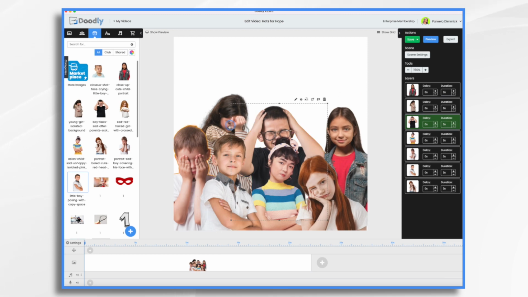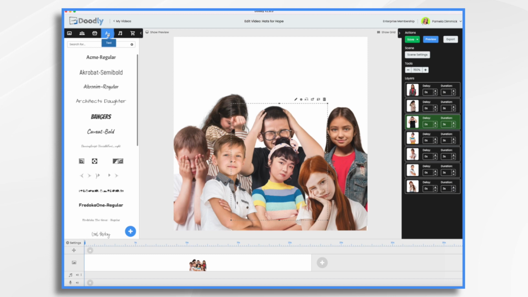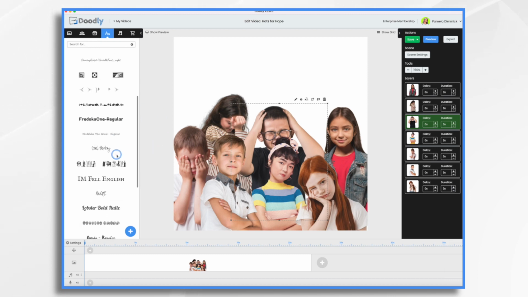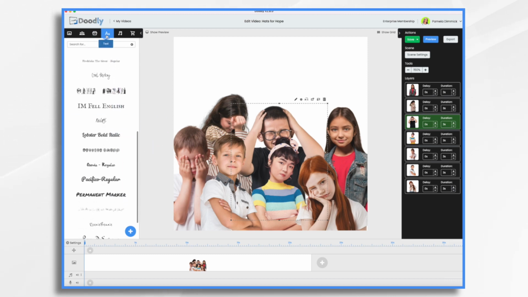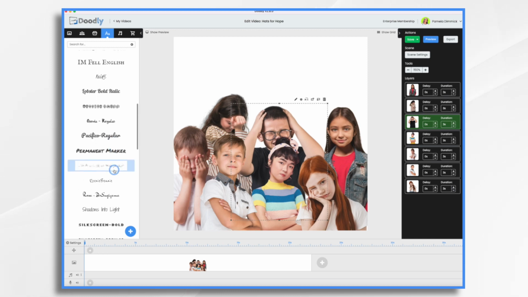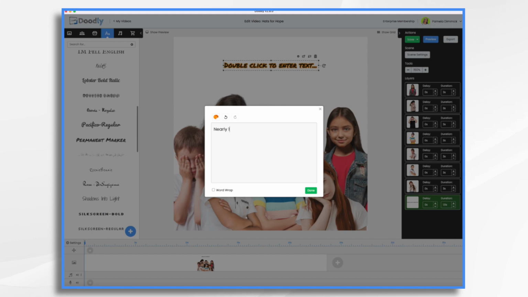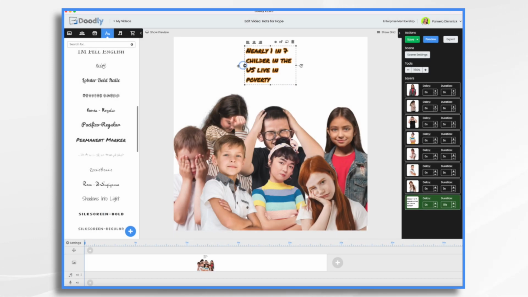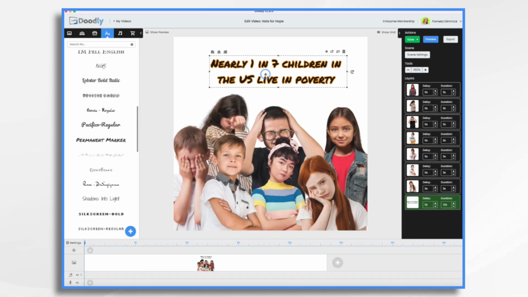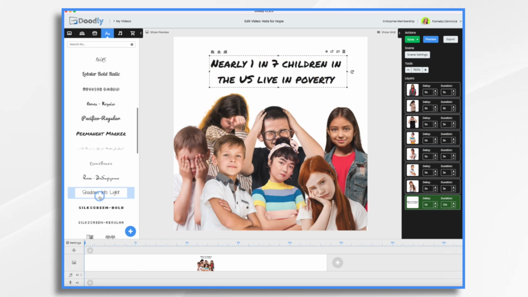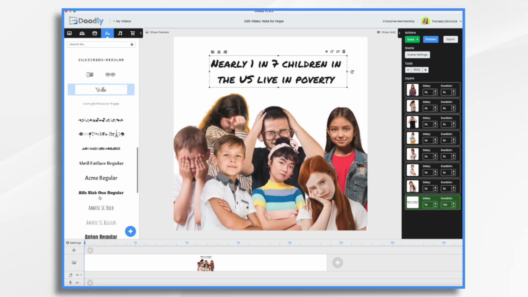All right, so I have my kids, and now we want some text. So let's pick a good font here. You go to the text tab, and then you want to find a font. And let's use Permanent Marker. Okay, I don't really like the way this font is. It's kind of hard for them to really read this 1 in 7, so I'm going to get a simpler font. I kind of want a bold one,